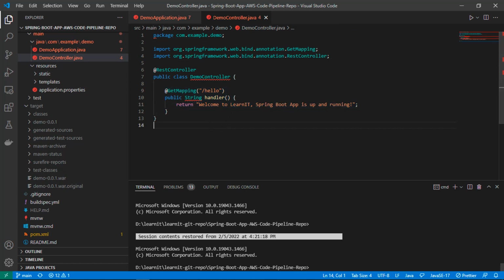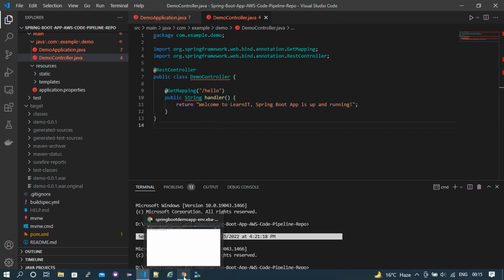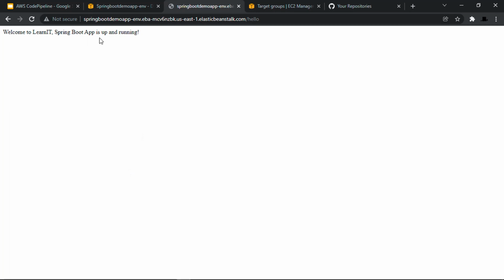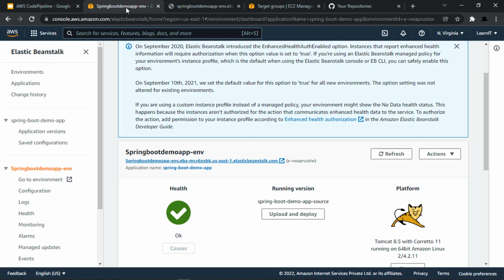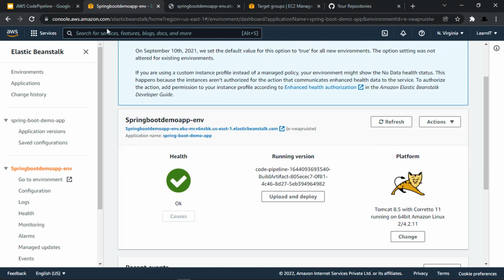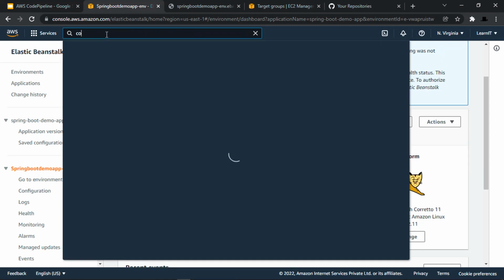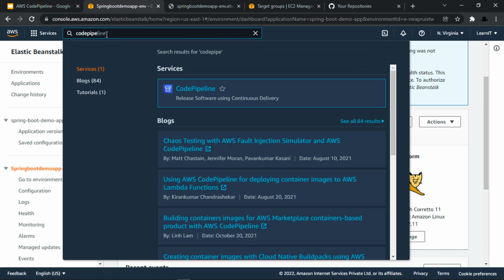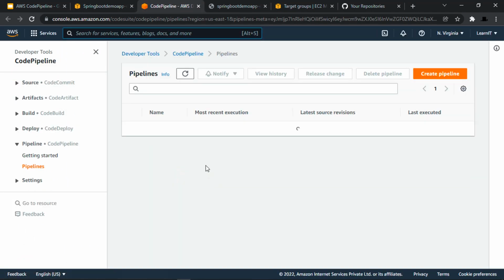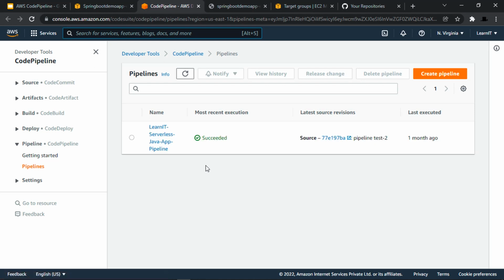So guys, we are done with deploying a sample Spring Boot application in AWS Elastic Beanstalk, and now we are going to create a new pipeline for this application. Let's search for CodePipeline, the global service search, and here we will be able to create a new pipeline for our Spring Boot application. So let's hit create pipeline,